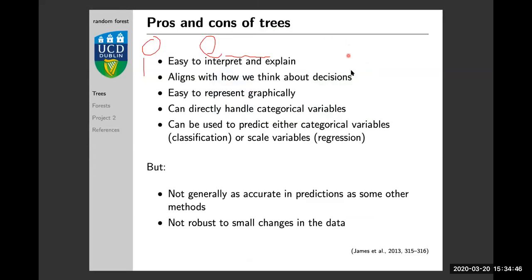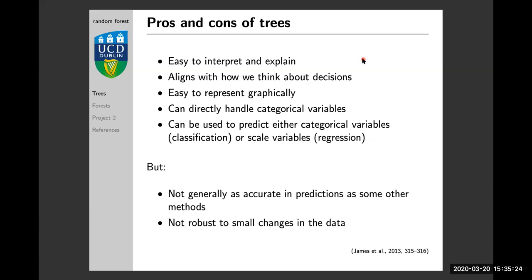So when we compare the regressions and the trees, then the trees are really quite easy to interpret. They are easier to explain than regression coefficients. But then what it means to have a positive or a negative effect, what these stars for statistical significance mean, how big is an effect, especially with logistic regression, is difficult to identify. With trees, we can see quite easily how to read the diagram and what this then means. It aligns much more with how we think about decisions, right? So these kinds of decision diagrams, like is it less than 0.4, yes or no? Is it